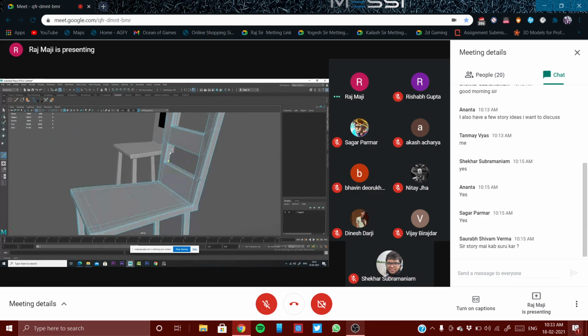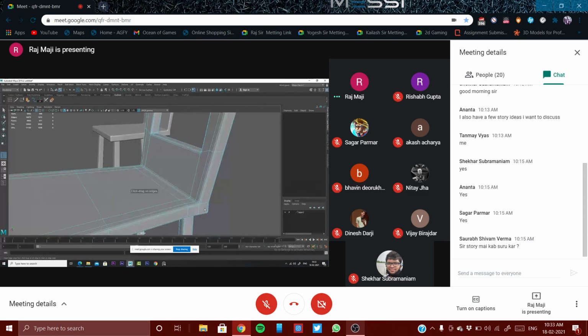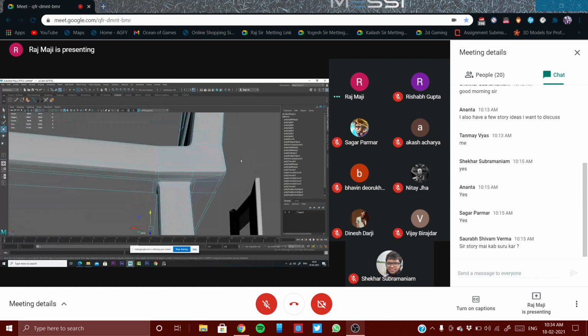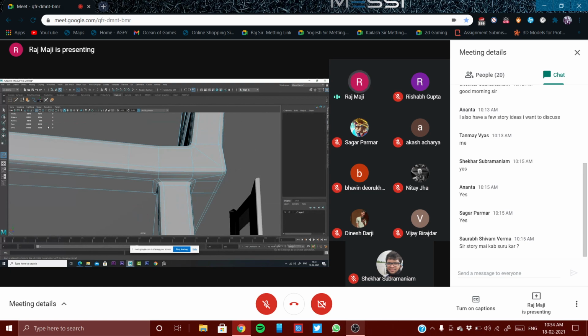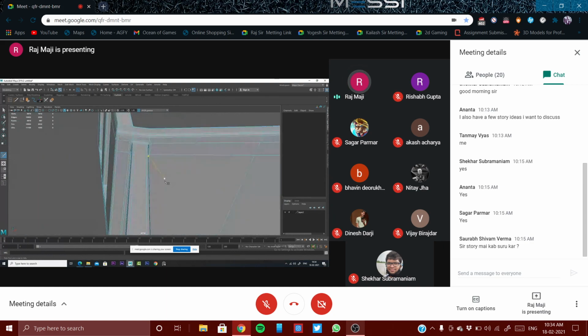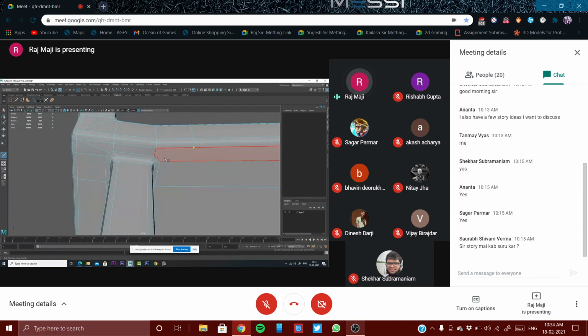I also feel like you have to give another loop approximately in this area. This loop can go a little bit this side. Yeah, can go a little bit this side also. And from here to there, you know, it will create a quad. See, now both are quads. So similarly, this side also, it will be a pentagon. So from here to there, now this is a quad, this is a quad.